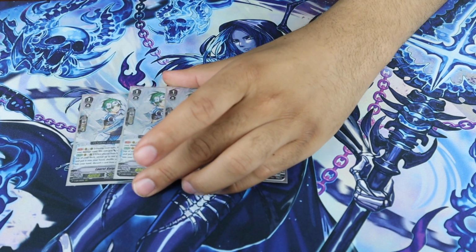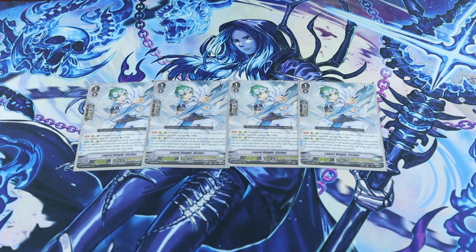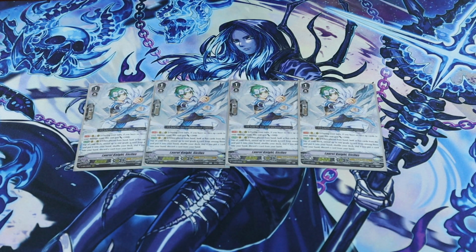Finally, for my last grade 1, I play 4 copies of Laurel Knight Sicilus. Laurel Knight Sicilus is just the Royal Paladin grade 3 searcher. You really need to see your Ashleys. Ashlei cannot call over herself, and you don't have any ways of calling grade 3s out. And you need to be able to ride Ashlei on your first turn,